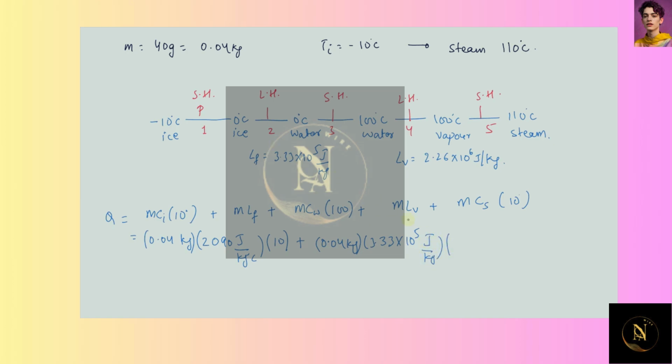There is no need to write the change in temperature because it's directly M times LF, plus M here is 0.04 kg times CW,